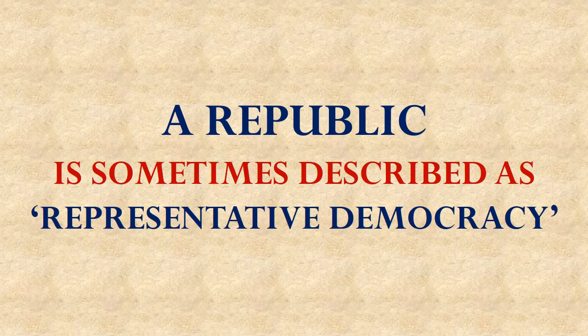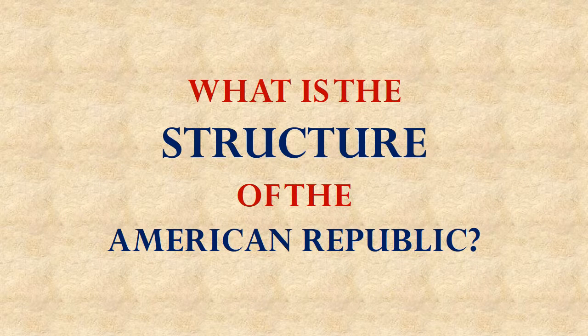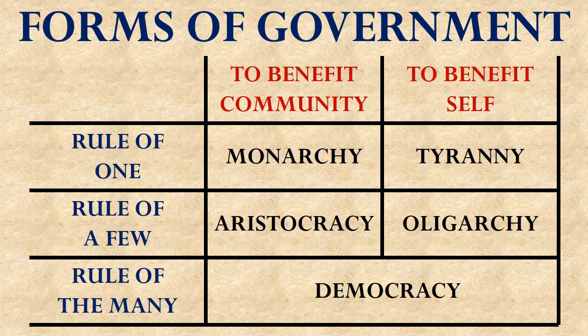Furthermore, the founding fathers would have rejected the notion that they were creating any sort of democracy. No, they created a republic, and America remains a republic today. Nonetheless, some people like to use the term representative democracy because they feel it better conveys the idea that the people are still ultimately in charge, though they choose representatives to operate the government for them. But just deciding that the government will be representative is not enough to fully describe the structure of the American Republic. Let's refer back to Aristotle's categories of government. The American Republic adopts aspects of several of them.